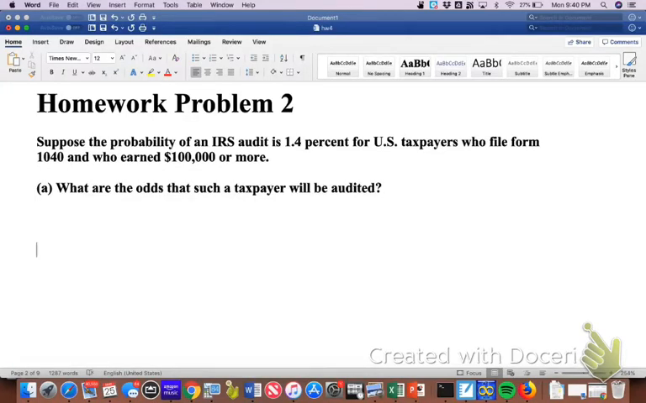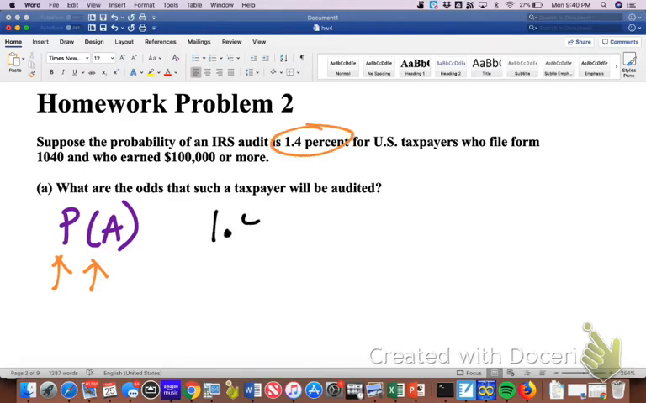Alrighty, so for homework problem number 2, in order to find the odds that a taxpayer is going to be audited, we need 2 pieces of information. The first thing we need is the probability of being audited. So P for probability, A for audit, the probability that they will be audited. And it tells us in the problem that that is